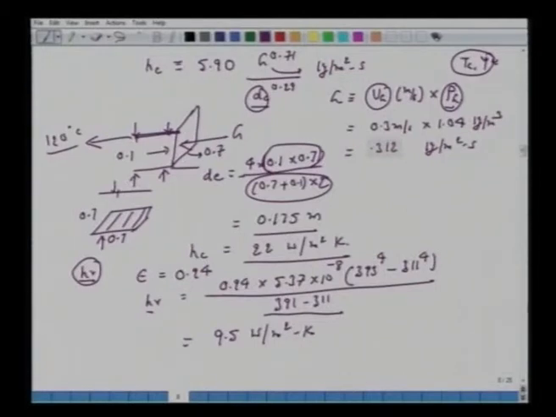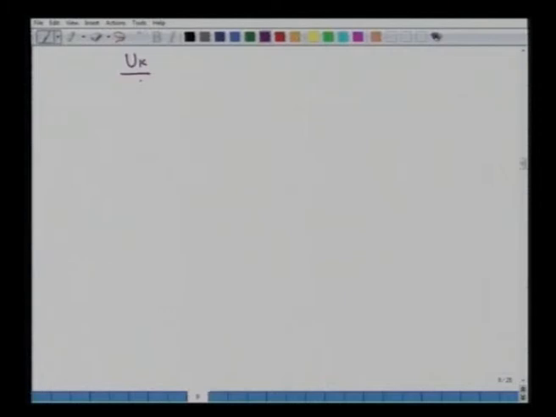Alright, so we have calculated Hr and we have calculated Hc. Let's now calculate the overall heat transfer coefficient Uk. For that we require the undrying area. From the bottom of the plate there is no drying here, so this is 0.7 squared, equal to 0.49 meter square, plus the side walls also, where there is no drying, so you will like to add those areas. So this would be 0.025, the thickness, 25 millimeter, multiplied by 0.7, multiplied by all four sides.